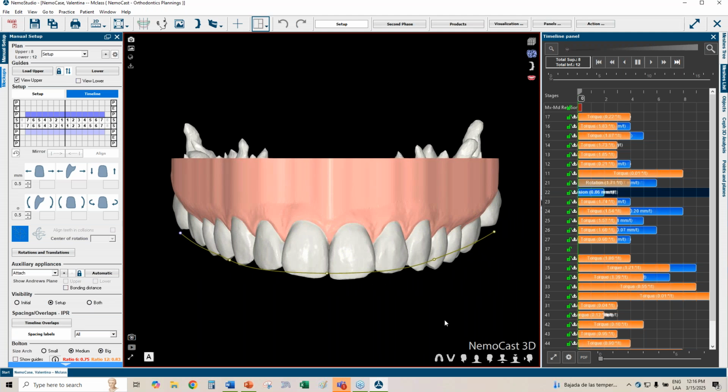So I can do two different scenarios. Either expand everything, because the distalization of my second molars goes a little bit with the retrusion, so I don't worry too much about those, but I want you to take note of